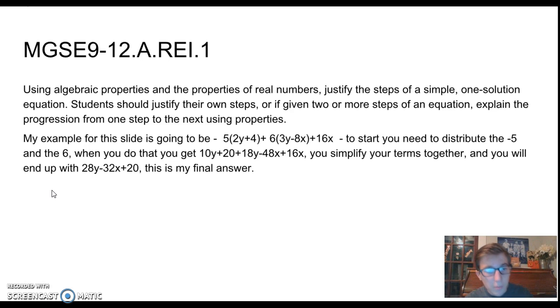For this one, my example for this slide is going to be 5(2y + 4) + 6(3y - 8x + 16x). To start, you need to distribute the 5 and the 6